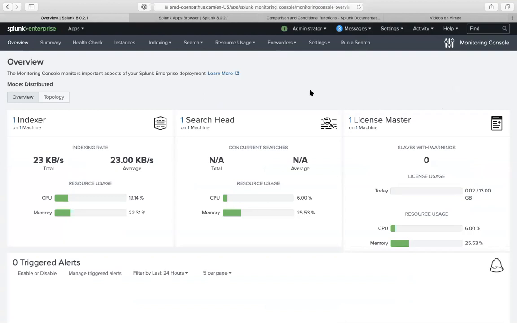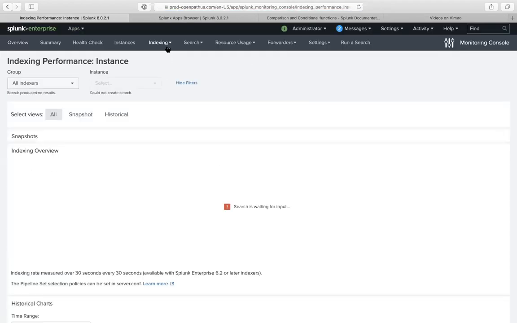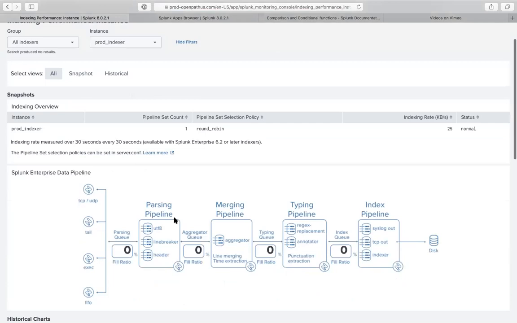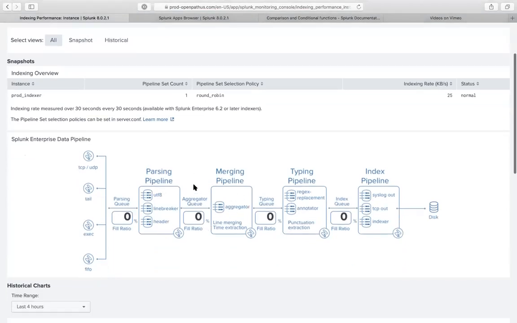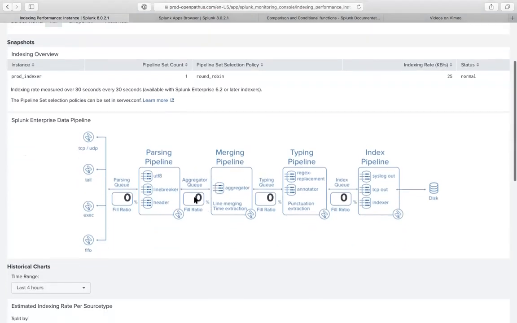All right, so monitoring console. So the MC, last time we stopped at, I believe, indexing. We did performance. I showed you guys how the deployment works and what to look at on here. This is a quick review. If you're looking at indexing performance by instance, take a look at these different values that pop up in here. If this goes up to